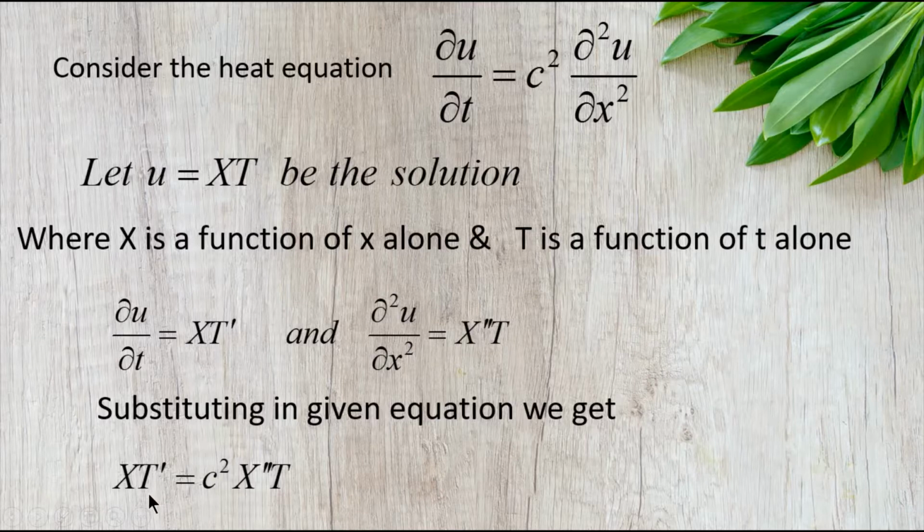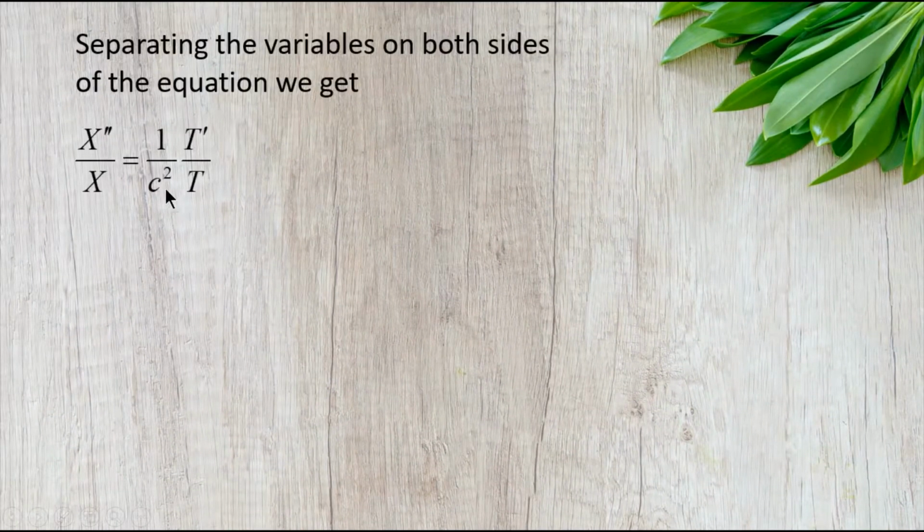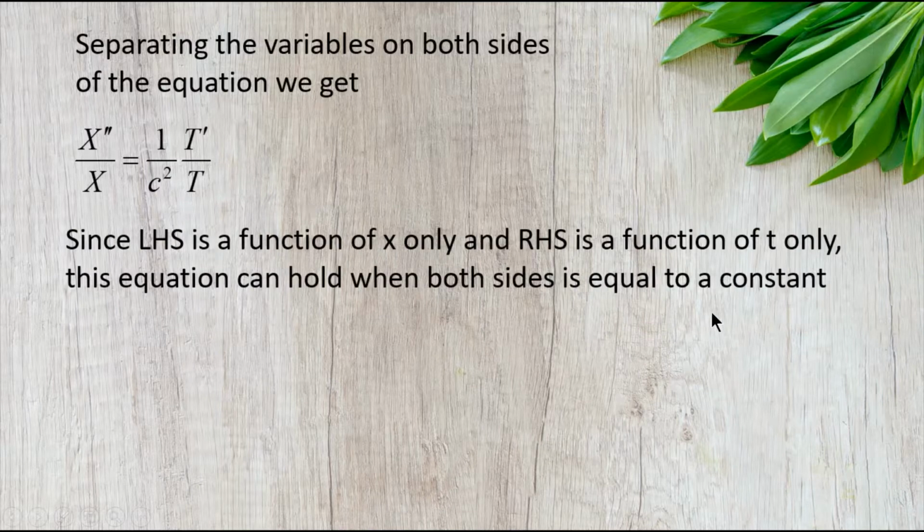Make sure you put the derivatives in the numerator when you are going to rearrange this equation in order to separate the variables. See, the derivatives are in the numerators, and then separate the variables. So here left hand side is a function of small x and the right hand side is a function of small t, because capital X is a function of small x and capital T is a function of small t. But both the ratios are equal. Now this is happening only when both the sides are equal to a constant.